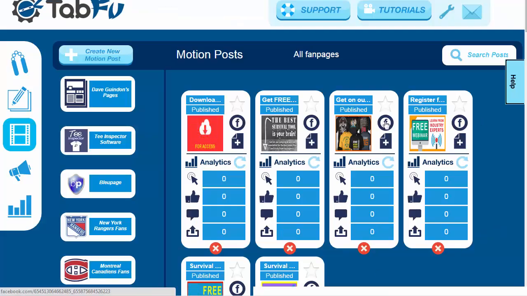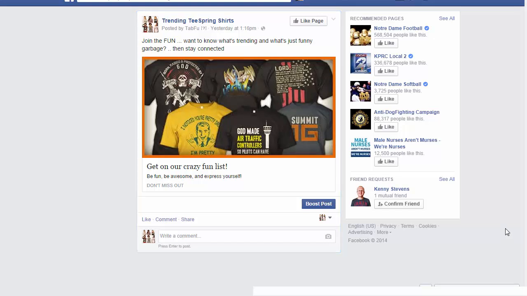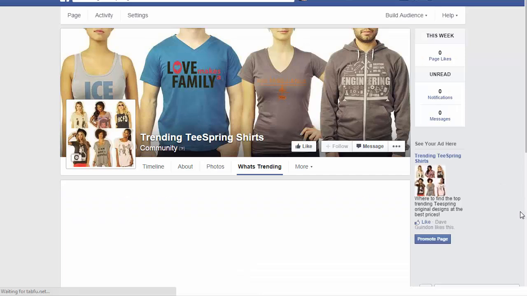Let's take a look at another example here. Let's say, for example, you run a Teespring business. I am a very successful Teespringer. I love Teespring, and I've sold several $100,000 worth of shirts on Facebook. And here's an idea you can do with TabFu. You can create a post like this, where you just want to get people on a list you can promote your shirts to, and then you click this and you can go over to a sample. This is just a sample trending Teespring